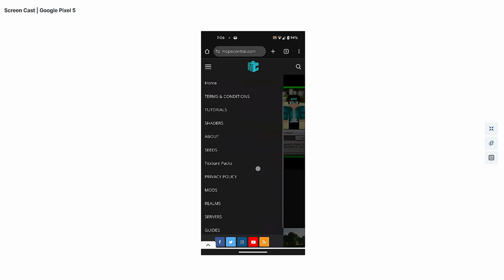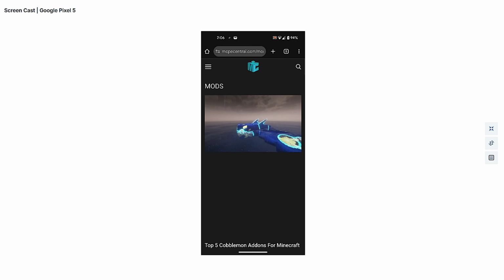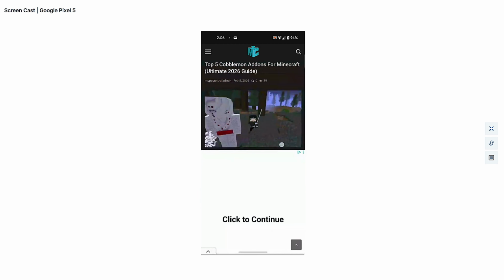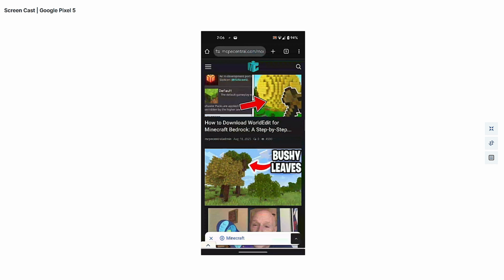And once you scroll down, you can see mods right there. Click on it right here, and it's going to pop up another ad, so just simply click on close on the top right. Now as you can see, there are plenty of mods to choose from, and there's going to be long lists, and each one having even more lists to choose from, so you have a lot of choices